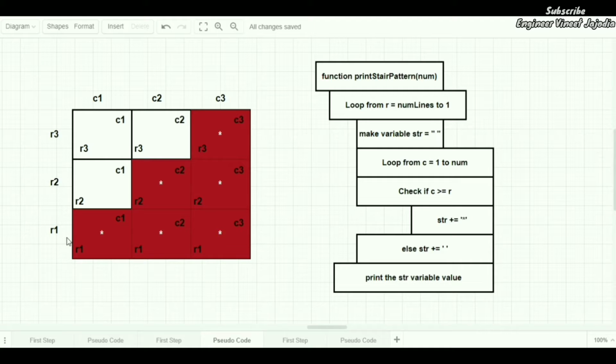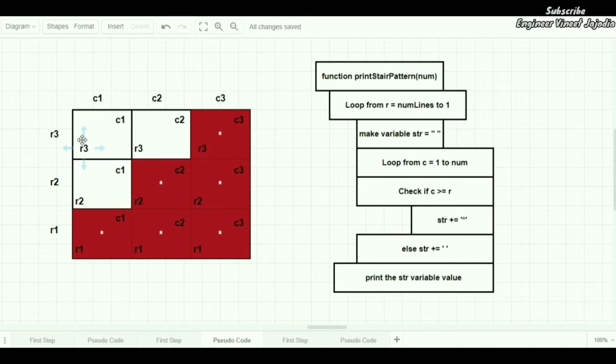This was the point that is being changed from the previous two videos. We are going to loop in a reverse order for number of rows, R3, R2 and R1. So this is the point we have to remember here.